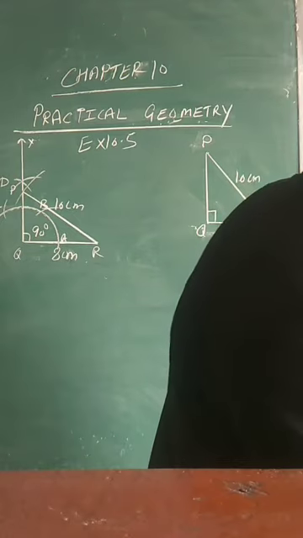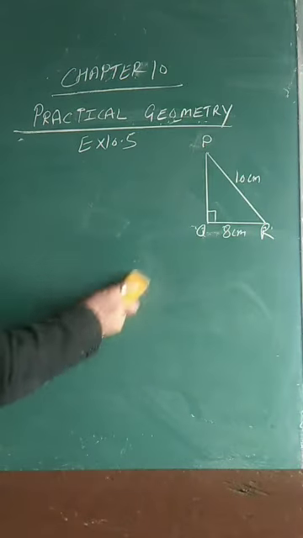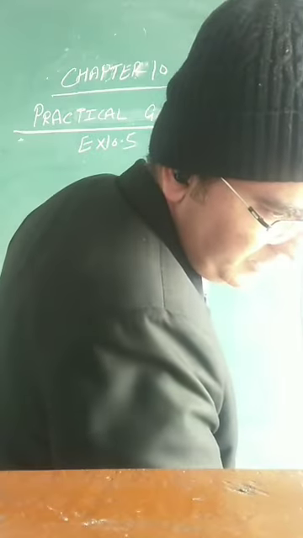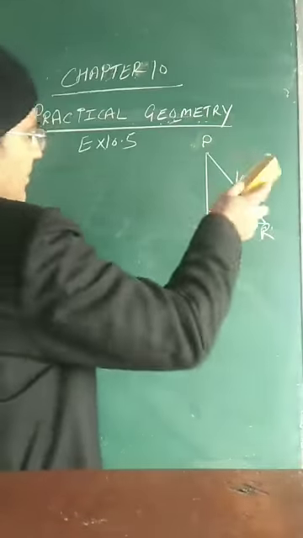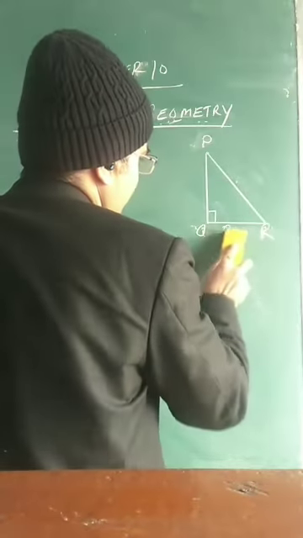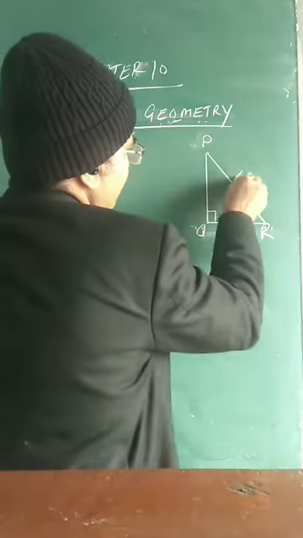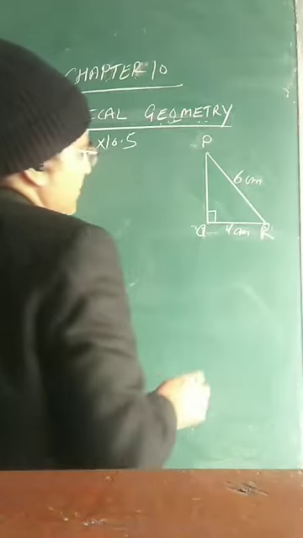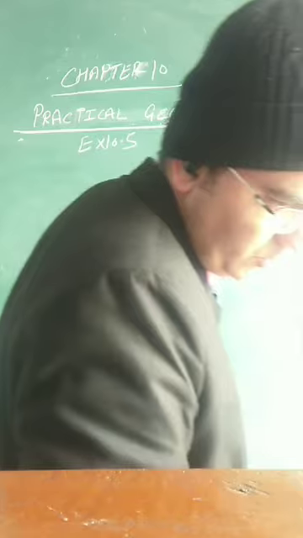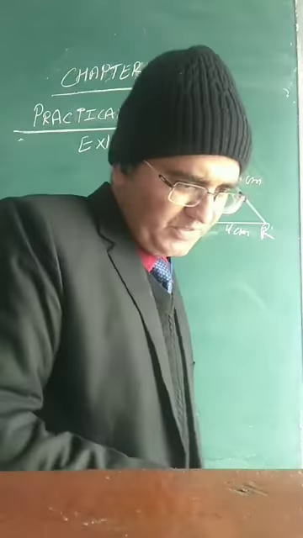So question number 2 says, construct a right angle triangle whose hypotenuse is 6 centimeter long and one of its legs is 4 centimeter. Okay. So suppose we have the same figure, we can use the same one. So hypotenuse is equal to 6 centimeter, and this is equal to 4 centimeter, and this angle is equal to 90 degree. So now we have to construct this triangle. We can take any triangle like PQR, XYZ, or ABC. That is up to your choice.